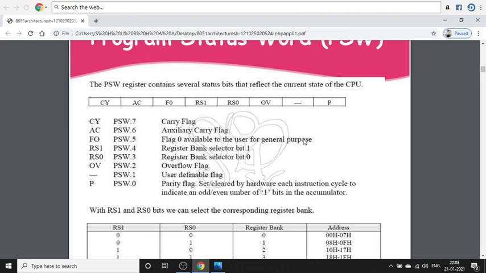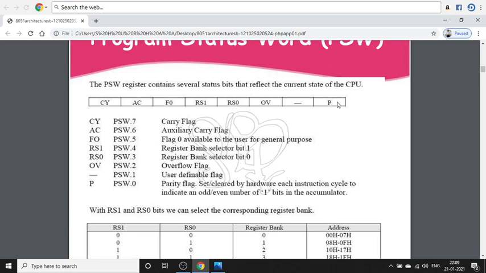That means, in the block diagram we have studied, it has the accumulator register, associated with the arithmetic logic unit, in which the parity flag indicates 0 when the number of ones is even. If the number of ones is odd, that indicates 1.